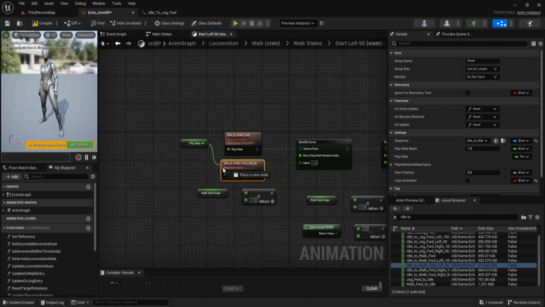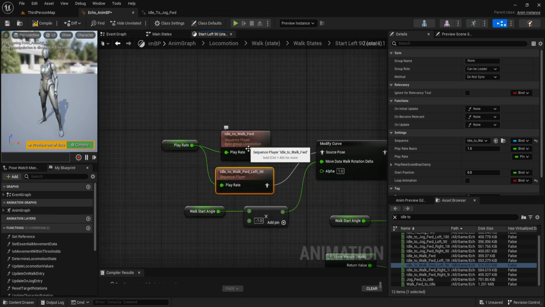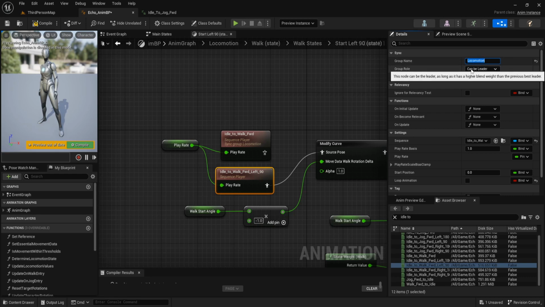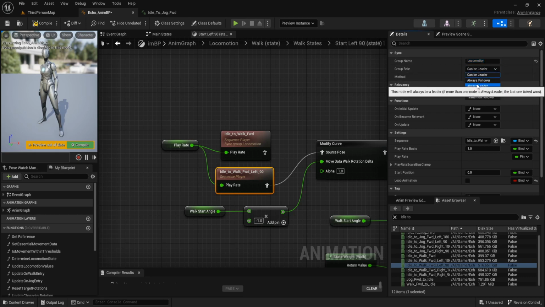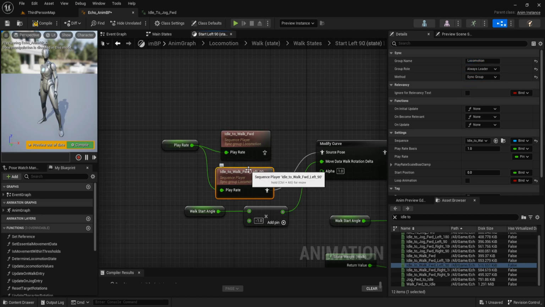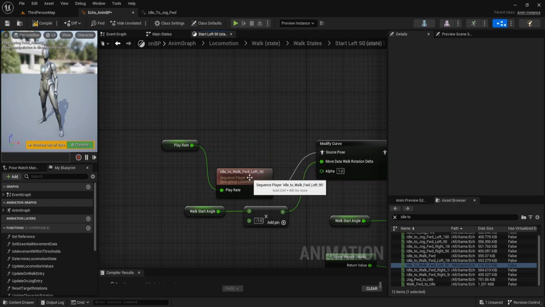Connect play rate to this. The group name is locomotion. And group role is always leader. Set method to sync group. And delete this idle to walk forward.